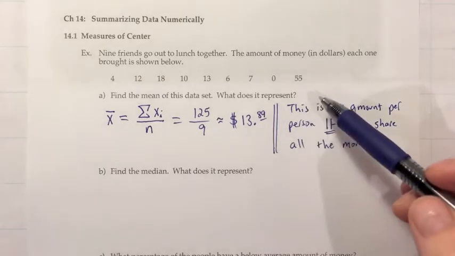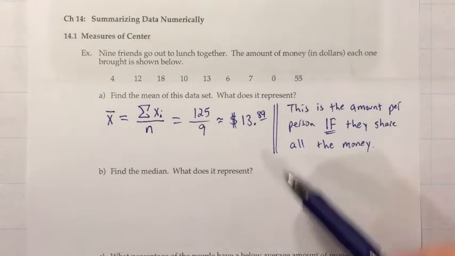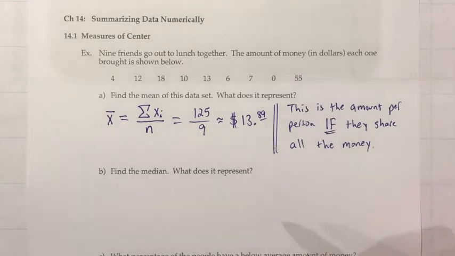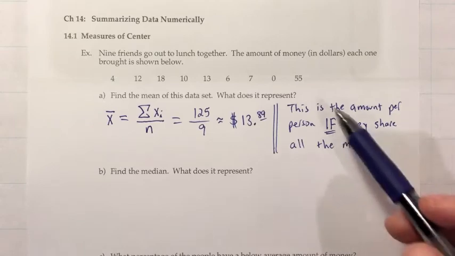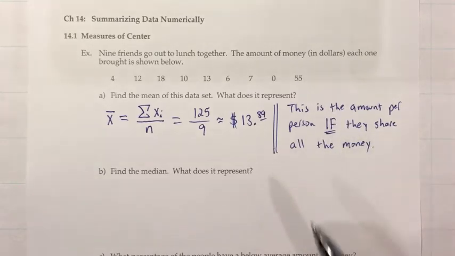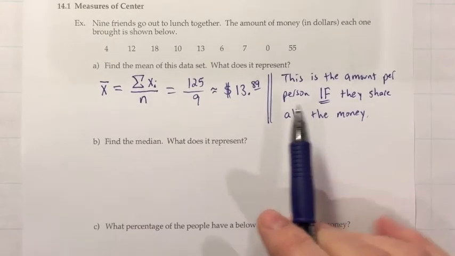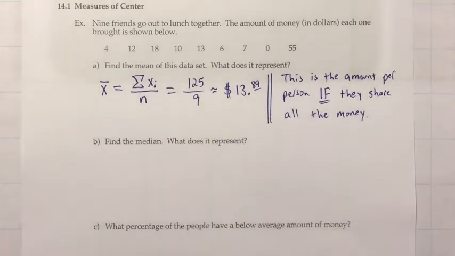I mean, if they were in some sort of emergency and they needed to rent a car to get home, then the total amount of money they had would matter. But when they're just going to lunch and they're probably not going to share all the money, the average isn't necessarily so useful. And another thing that people will often think about the average is that it splits the data